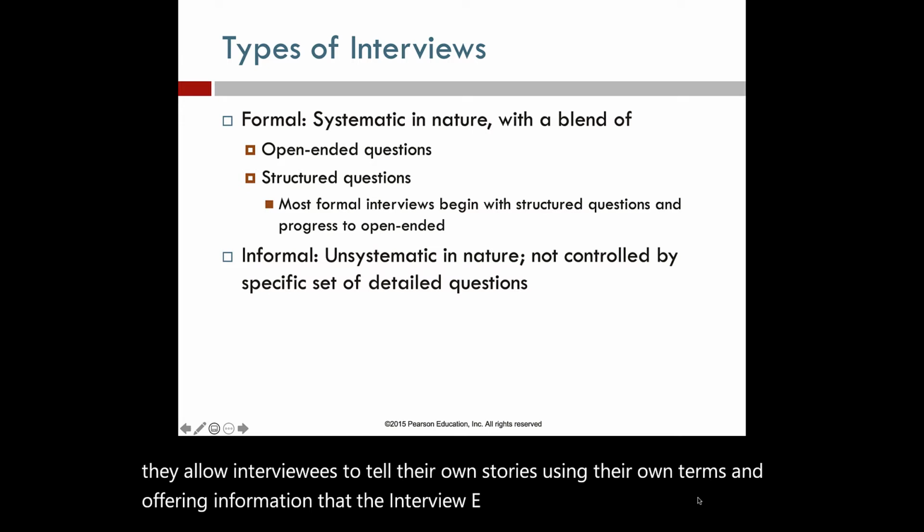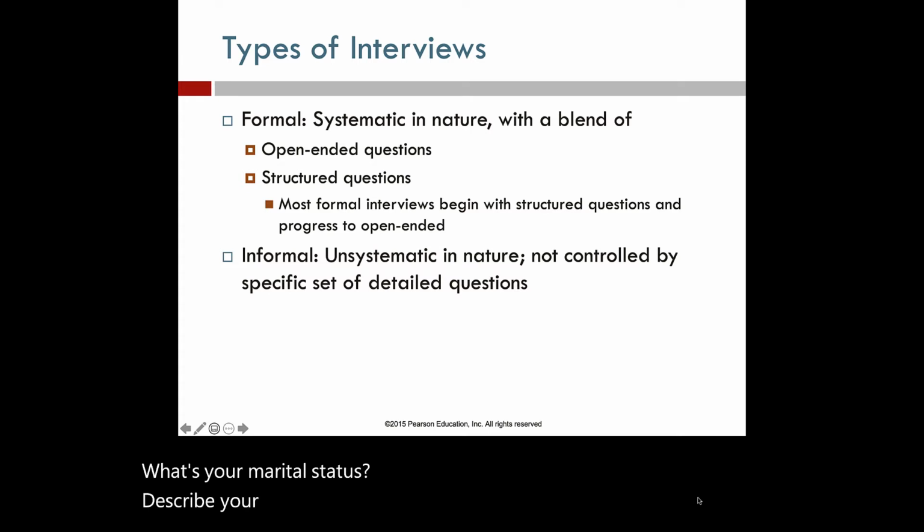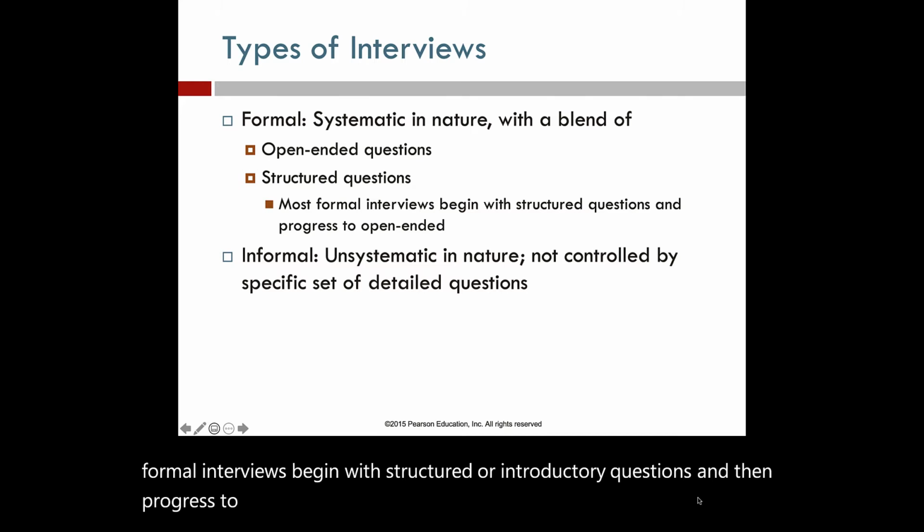In contrast, structured questions are short answers, like what is your age, what's your marital status, describe your education, or close-ended with a yes or no response. So more formal interviews begin with structured or introductory questions and then progress to open-ended or more informal questions.